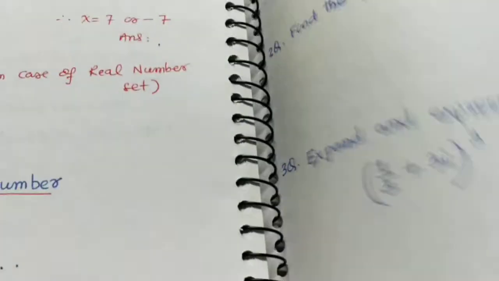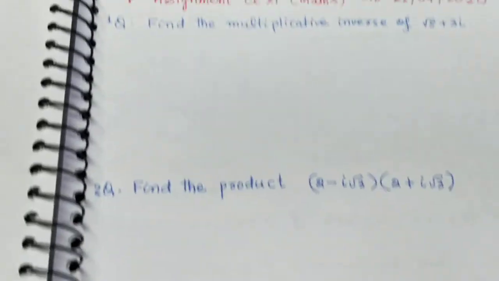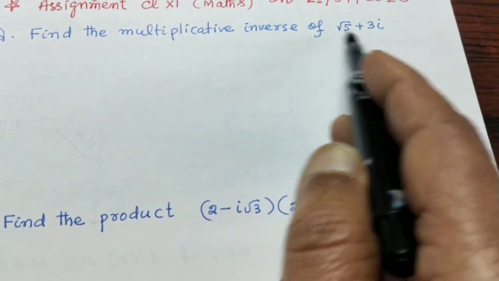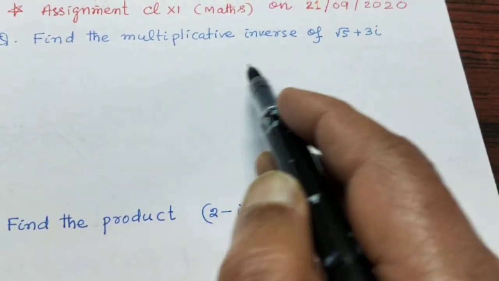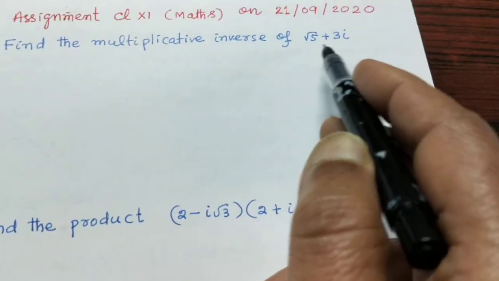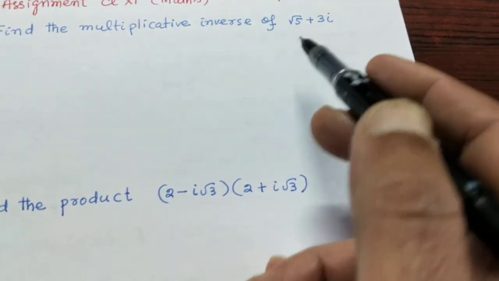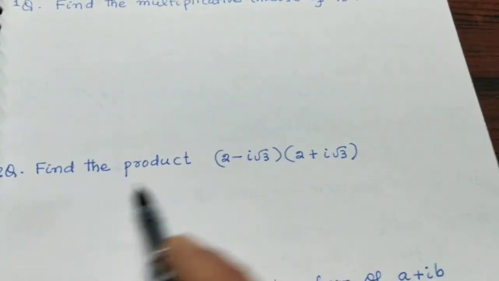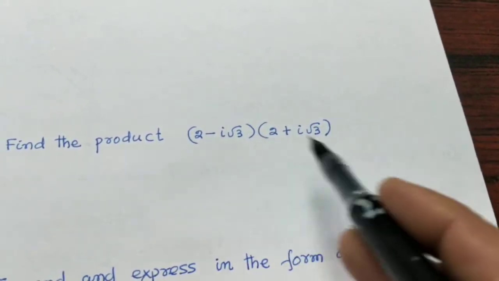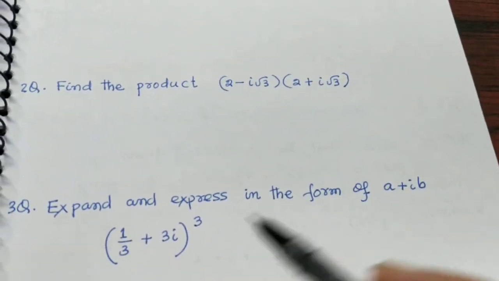A few more questions you will be doing; that will be part of your exploring more. You need to find the multiplicative inverse of this. So what will its multiplicative inverse be? 1 upon this, because a multiplicative inverse is the reciprocal. Then you also have to rationalize it by multiplying with the conjugate, as we studied in surds. Try to find the product: a square minus b square, then put the value of eta square and see what answer you get.